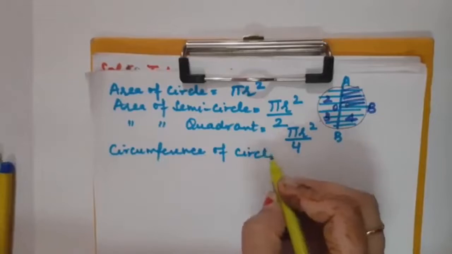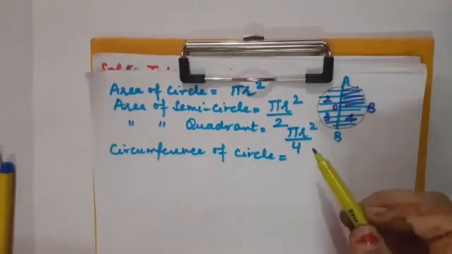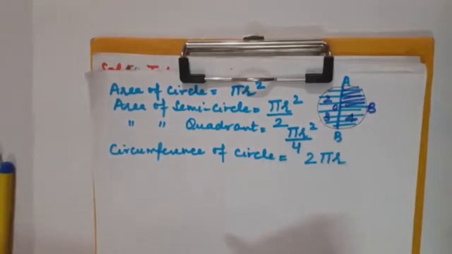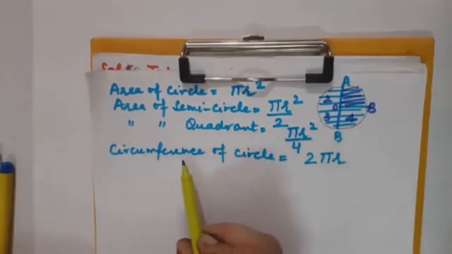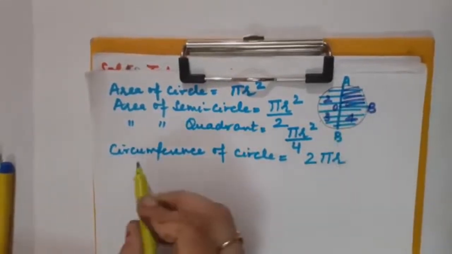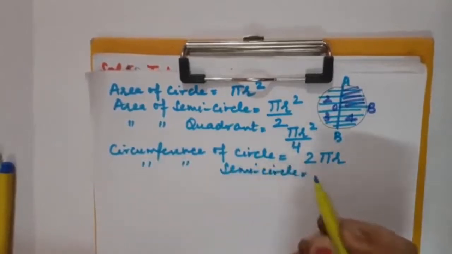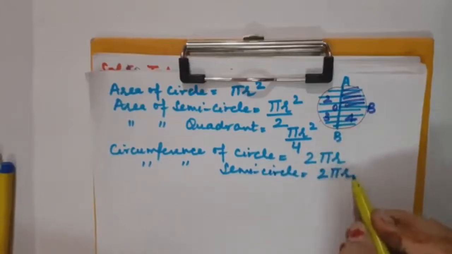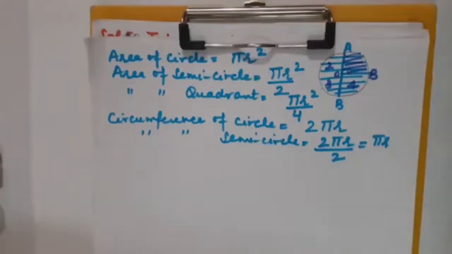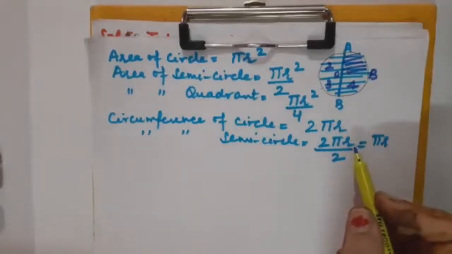Next comes the circumference of the circle. Circumference, you know, is nothing but the boundary. So how to calculate the length of this complete circumference? That will be equal to 2 pi r. Correct? So the circumference, or I should say the length of the boundary of the circle, is 2 pi r. Clear? If I say the circumference of the semicircle, again that would become half only. So this is 2 pi r upon 2, that is equal to pi r. Correct, children?